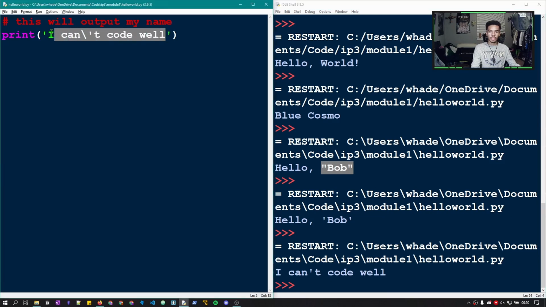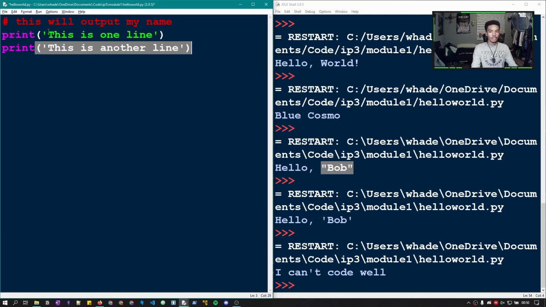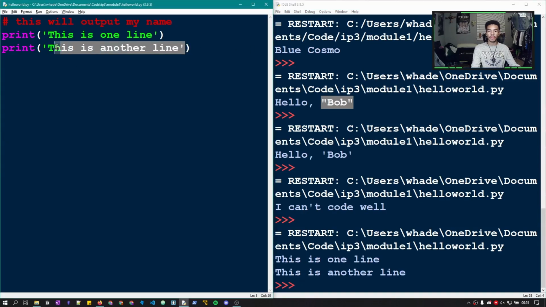So there are other escape sequences. So this is one line, and we can make a new print statement saying this is another line. Now if we output this, we have two print statements that print on two different lines, right? But what if for whatever reason we want one print statement that can print on two different lines? Well, we can just take our text here. I'm going to cut this,